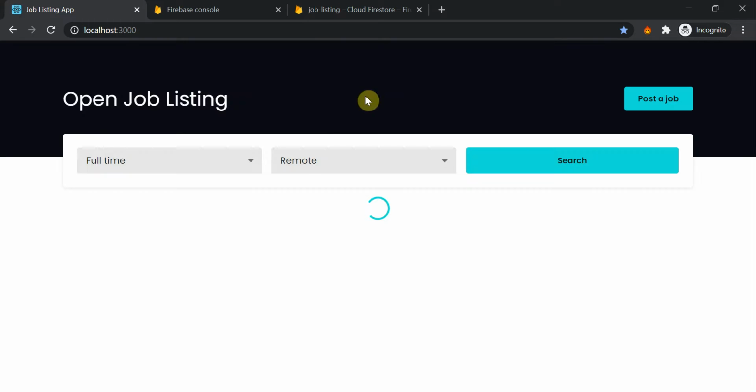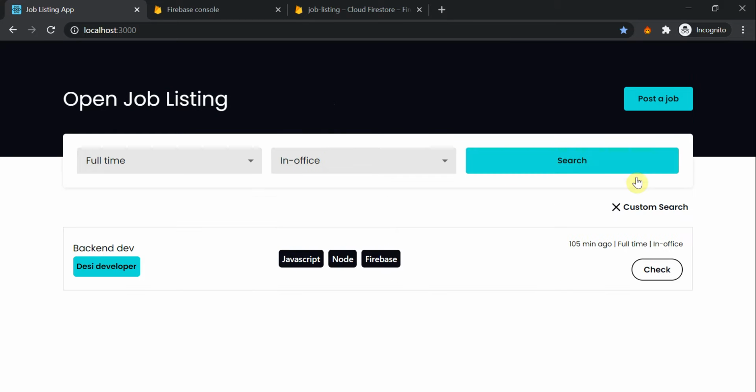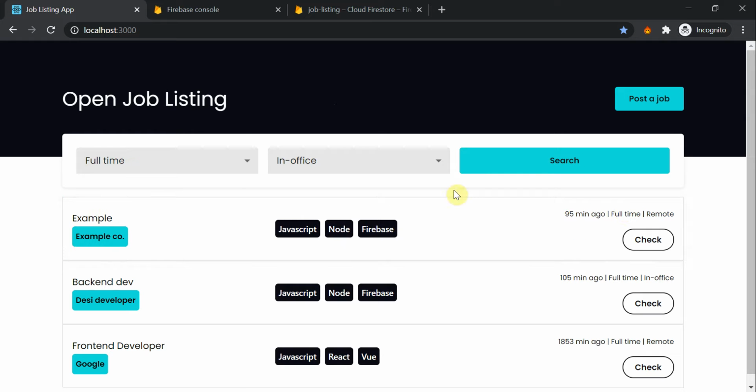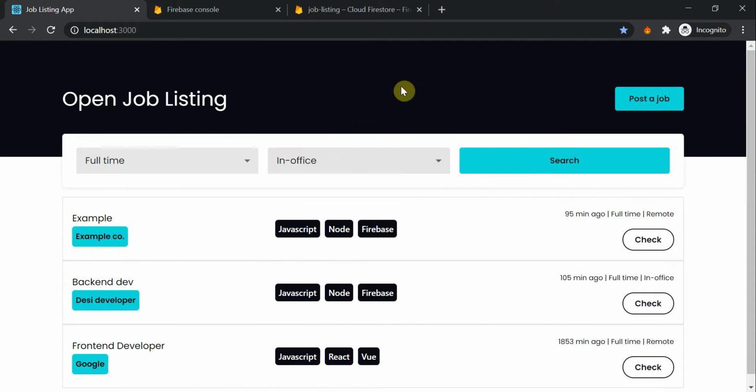And if the user makes the custom search and makes it over here, we get the button, and if the user clicks on it, yep, everything's working perfectly fine, no error as well. So that is great. Now we have the custom search as well. So we are only left with the viewing part, like when the user clicks on the check button and we see that modal. So let's complete